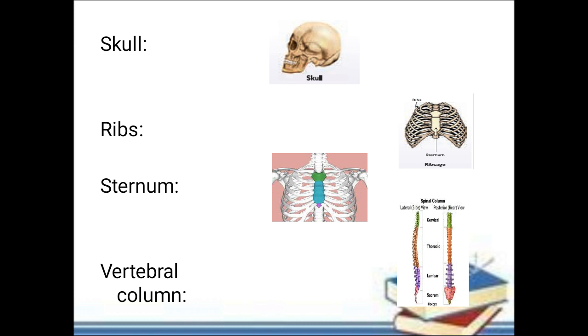And ribs, they are thin curved bones. They connect to the backbone at the back and to the sternum in the front. They are 24 in number, with 12 pairs. They help in the protection of heart and lungs. Then sternum, it is a flat dagger-shaped bone along with ribs. It helps in the protection of lungs and heart. It is present in the middle of our chest. Then vertebral column, they are 33 in number. It helps in guarding the spinal cord, that is, protecting the spinal cord. They are all of different sizes and shapes.